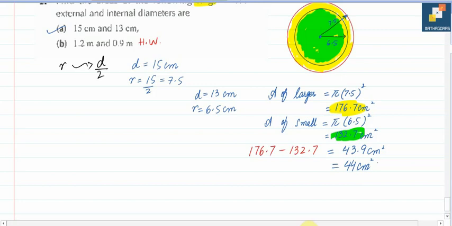Whenever we have a case of area of the ring, we have an outer diameter and an internal diameter, because we need to subtract these two areas. So that was question part A. Part 2 is your homework. Now